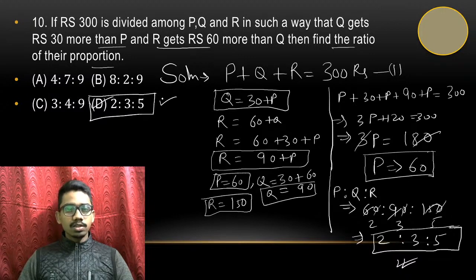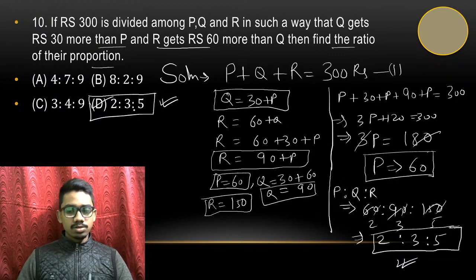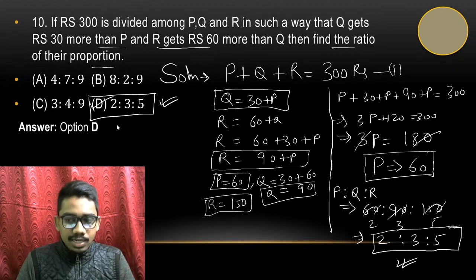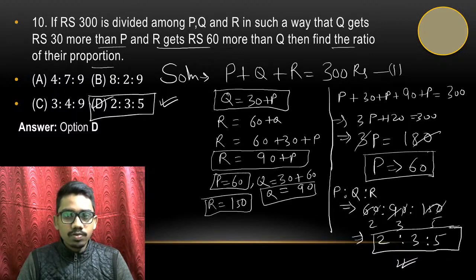I hope you all got this. If anyone is having any doubt in any sum, then feel free to ask me your doubts. Option number D is the correct answer to this question. Okay guys, option D is the correct response to this question. Is it clear to everyone? Does anyone have any doubt? Otherwise we will wind up the session. I am giving you 1 minute for asking your doubts if you have any.